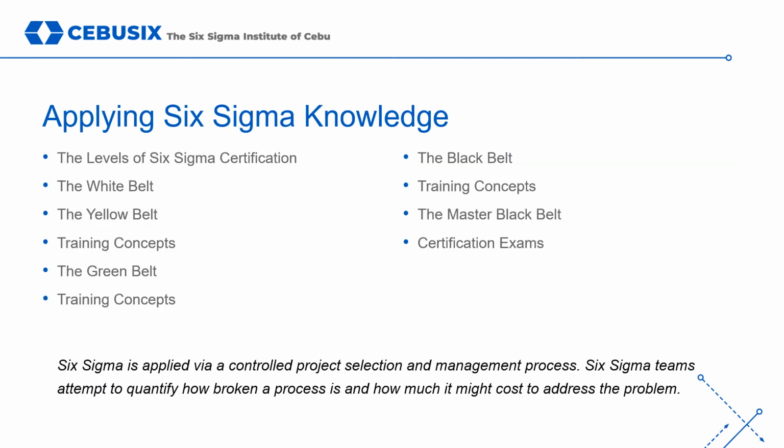Six Sigma is applied via a controlled project selection and management process. Six Sigma teams attempt to quantify how broken a process is and how much it might cost to address the problem. In this section, we will discuss how the Six Sigma knowledge is applied within an organization. And we will take a closer look at the different levels of